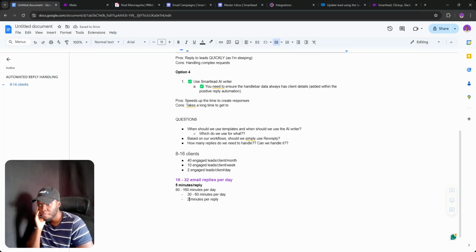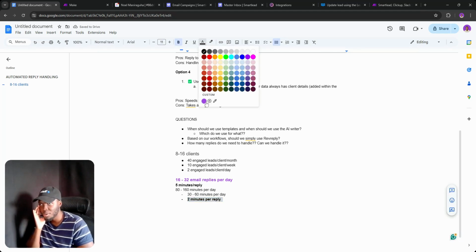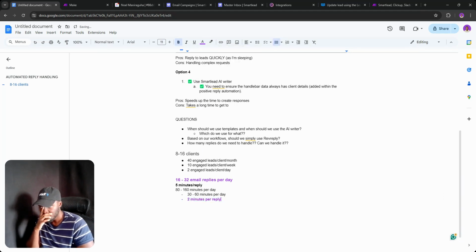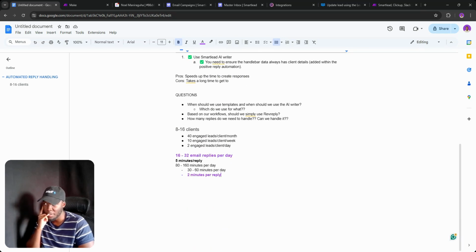2 minutes per reply. So this is the golden star, this is what we need to work towards. If I can't get 2 minutes per reply, it's just better to use Rev Reply. And if I can get 2 minutes per reply, then it actually makes sense to use Rev Reply. So let me check my inbox and see if the email came through or